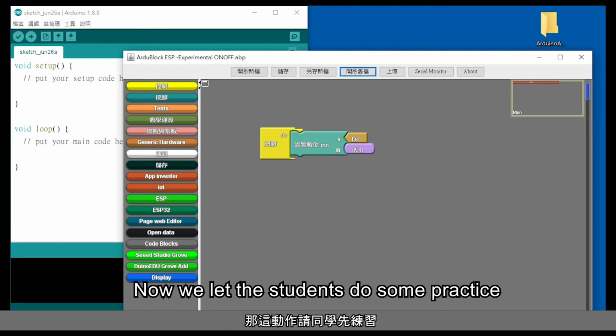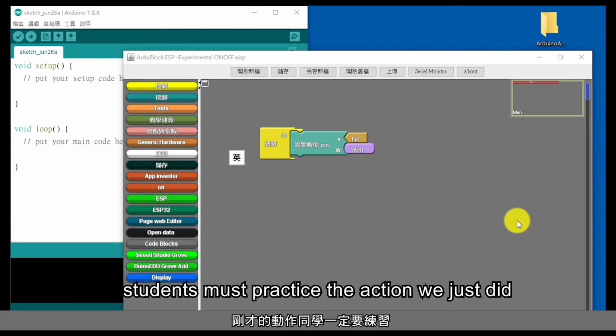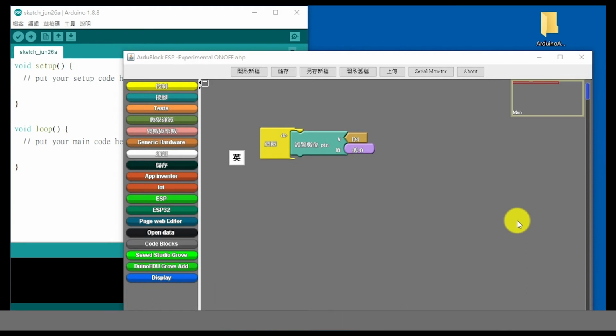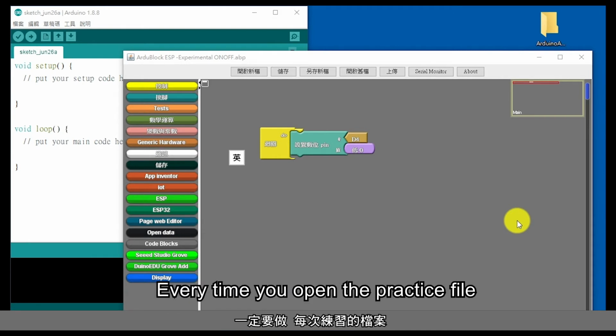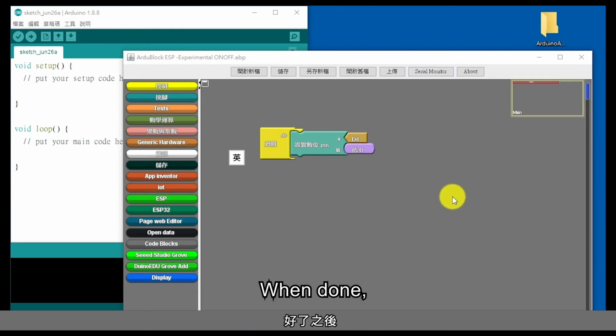Now we let the students do some practice. Students must practice the action we just did, because the basic loading action is very important. When finishing writing code, you must know how to load it. Every time you open the practice file program, you save the changes. When done, next,